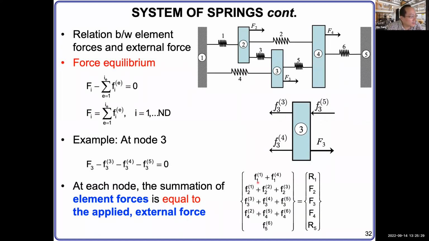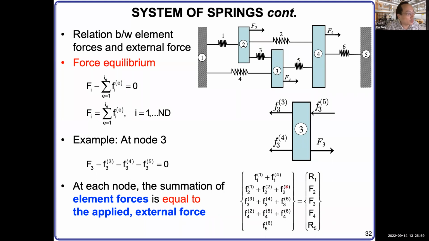So this one, F1 on node number 1, F11 plus F14, actually equals the external force. That external force on this one is the reaction force generated by the wall. The wall will generate a reaction force, right? So we usually use capital R to denote it. So this is capital R1. Here you see it's not in bolded form. That means this is a scalar, a number, no direction.